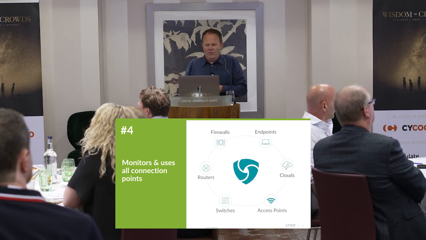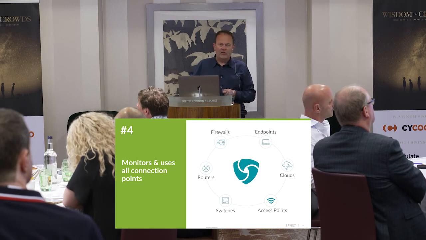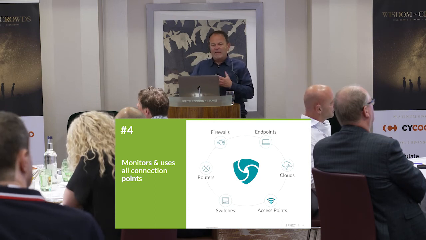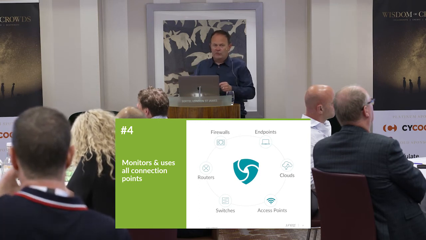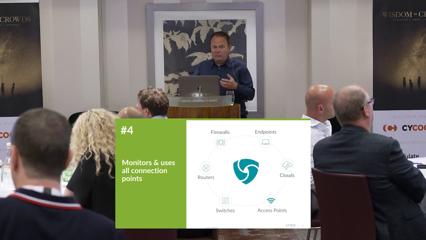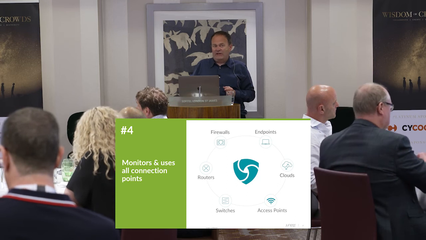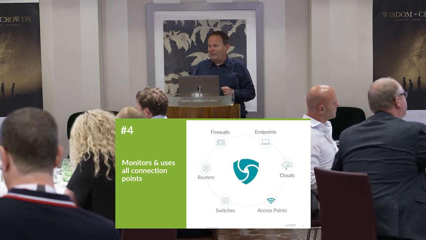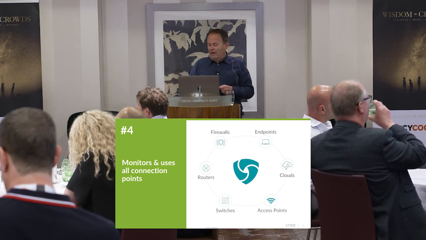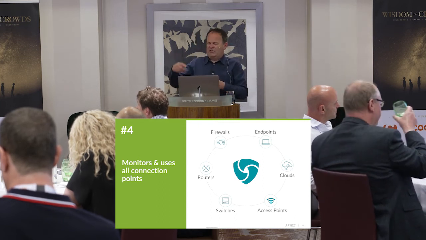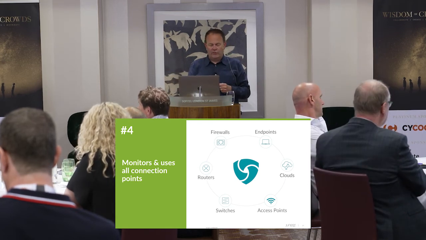It knows where things have come from. It can know about bad IP ranges out on the network. It can know about bad packets. So by making routers and switches and access points part of your security framework, A, you spot things faster, B, you can reject things before they actually get into the network, and C, you cut down the work the firewall's got to do. So your firewall can deal with advanced things. It doesn't have to deal with the basics, like ransomware and data attacks trying to come into the network. Where people are trying to transmit information in that they shouldn't, that can be rejected at source.